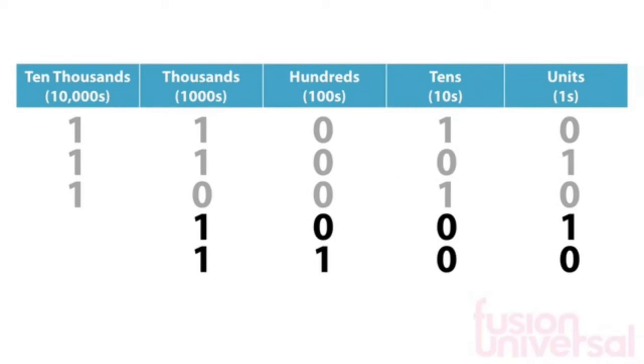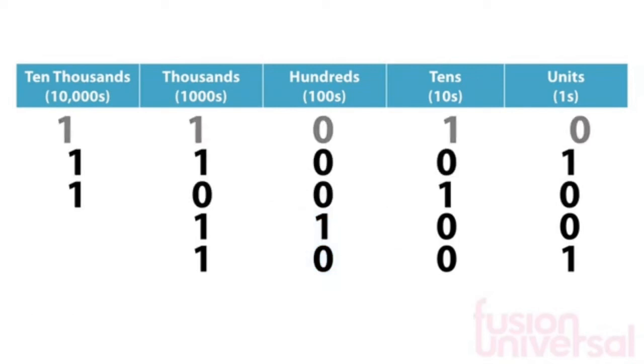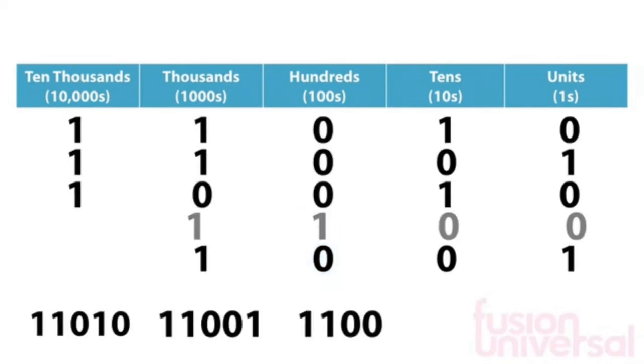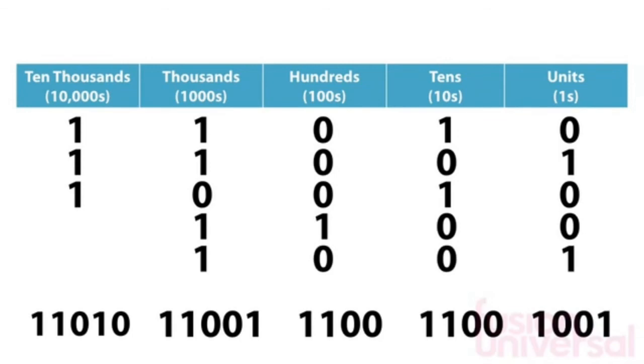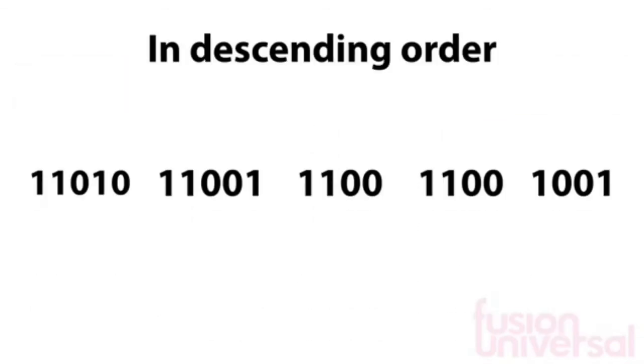The thousands column shows they are both 1. So we move on to the hundreds. 1 is the largest. This gives us the final positions, and we list these in the order given in the table. So, in descending order we have